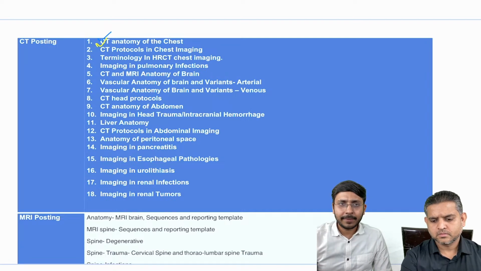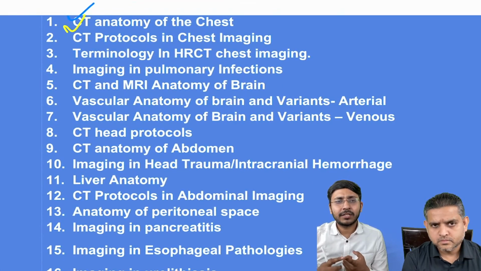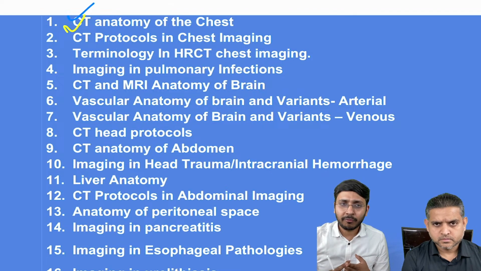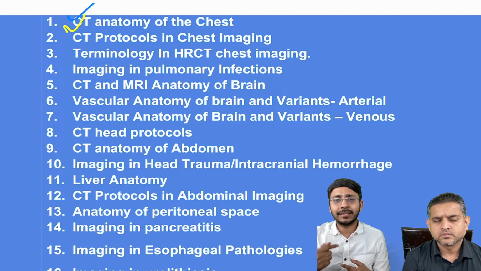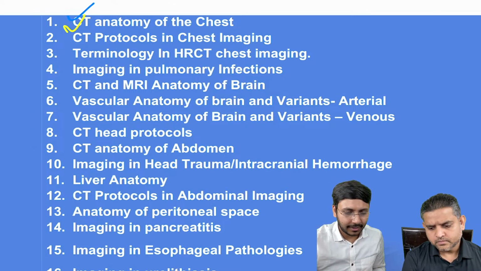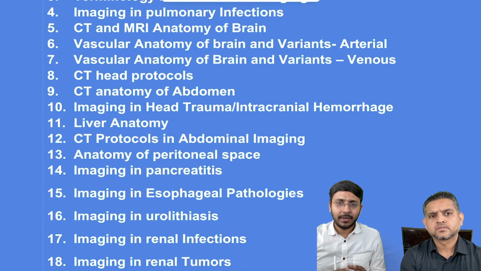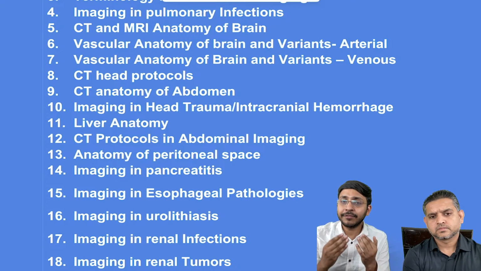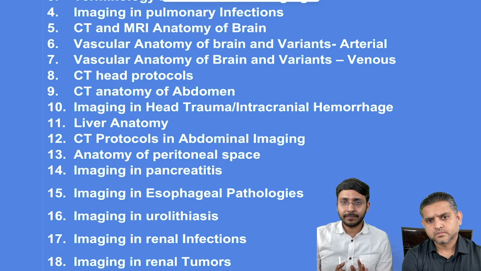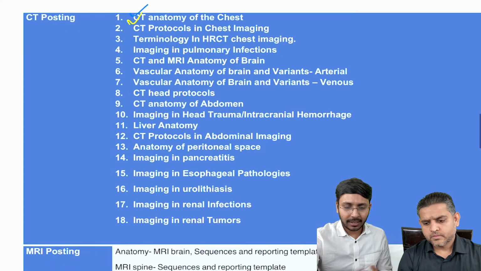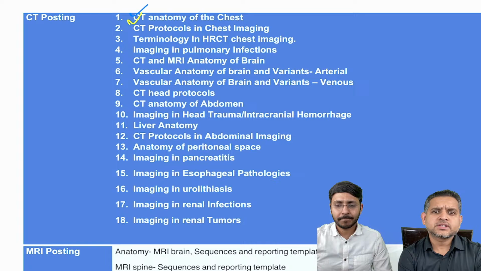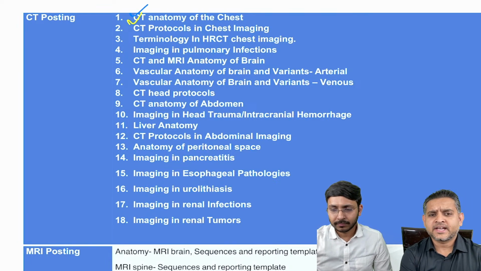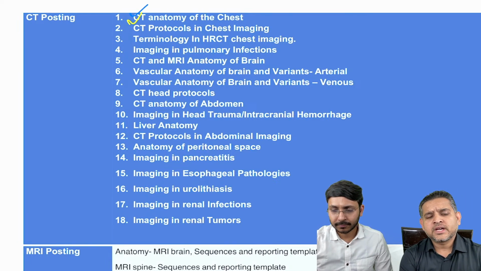Terminology of HRCT imaging, imaging in pulmonary infections, CT and MRI anatomy of brain, vascular anatomy of brain, both arterial and venous, CT head protocols, abdomen CT anatomy, etc. There is a complete list there. Now, this is a list which we want you as a first year resident to read. It may look like a lot, but over. And I had a philosophy on this that rather than giving you the didactic lectures, the idea was